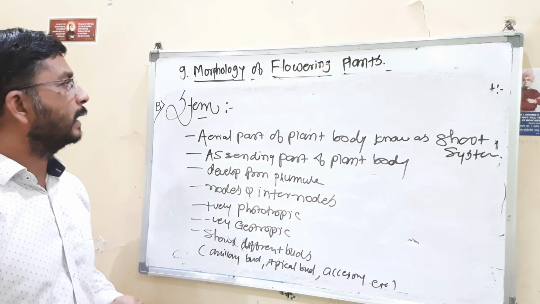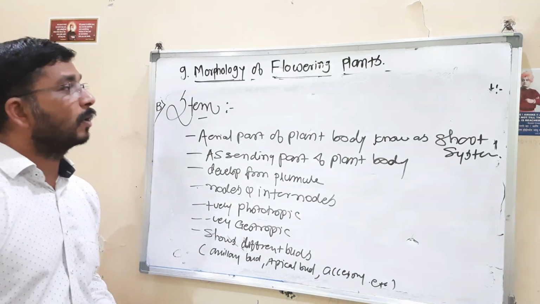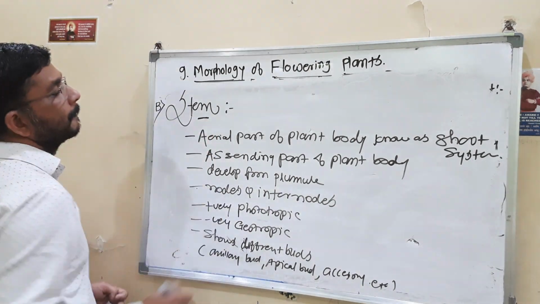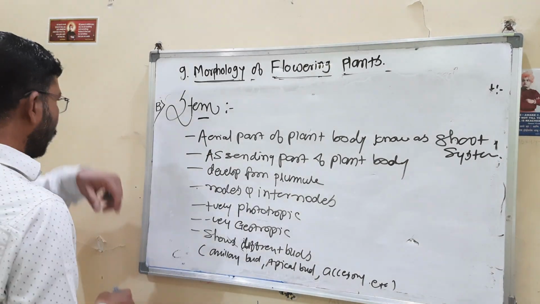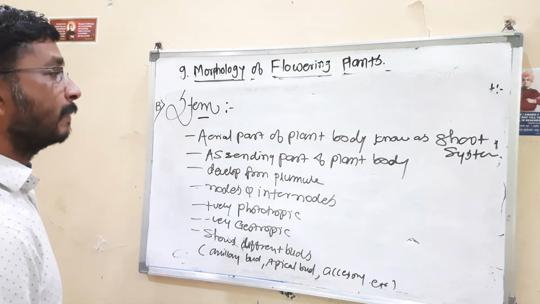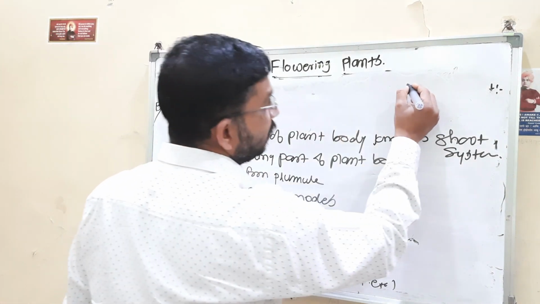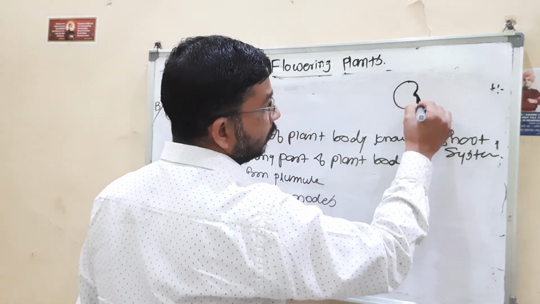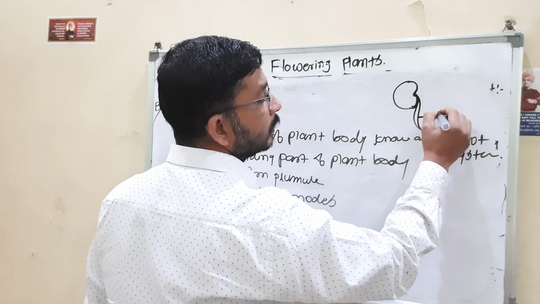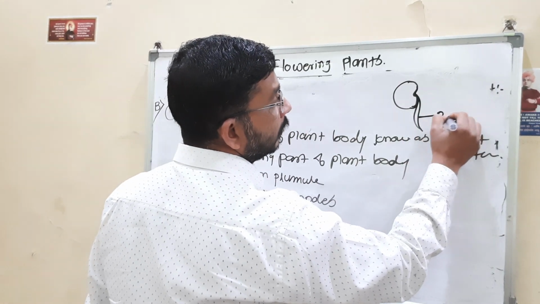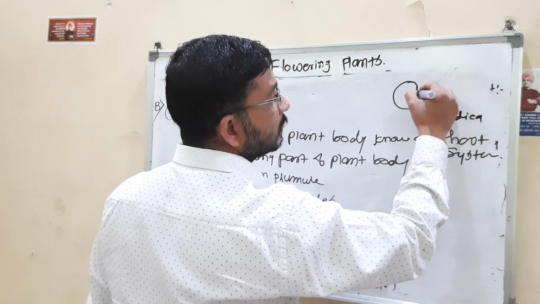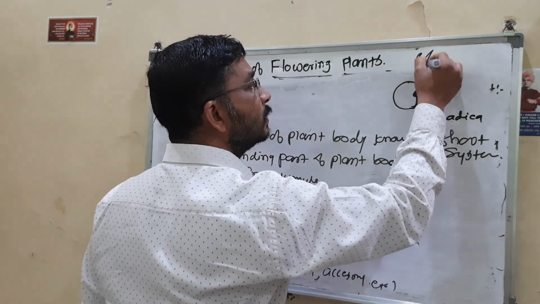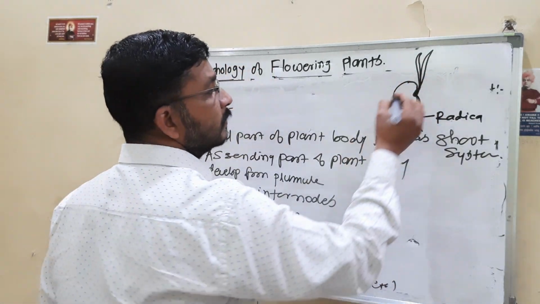Now, our next point in this chapter, the morphology of flowering plants, is the stem. You know very well about the stem. First, the origin of stem. In the last lecture, we studied the origin of root, that is the radical. Similarly, from this seed, when it gets a favorable condition, this kind of structure is formed,